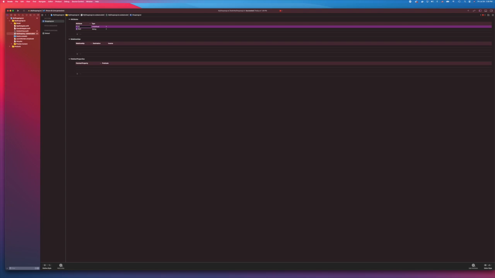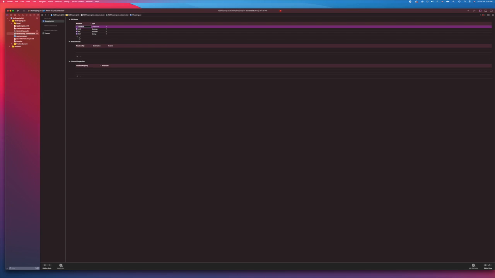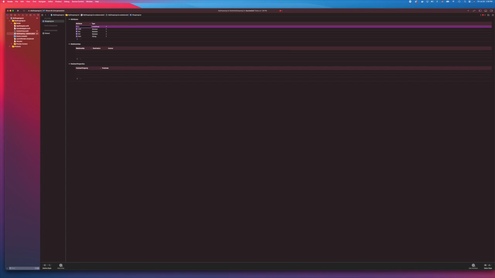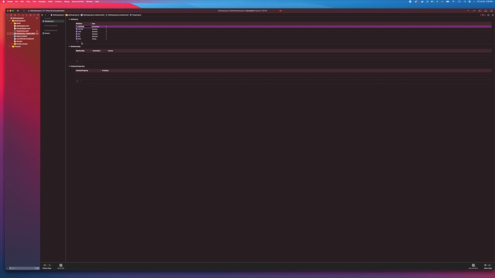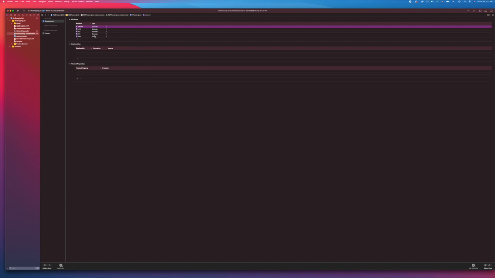So just do yourself a favor, add hot and make it a bool, and add cold, add dry, add, well, is it a dry, add canned, and add, no, we don't need that. So we're just going to take that one out. Hit save